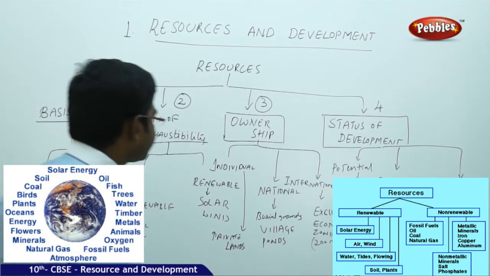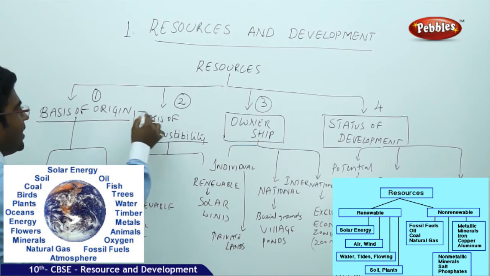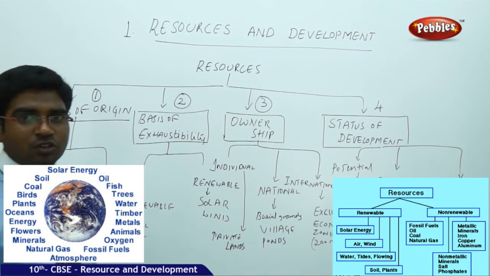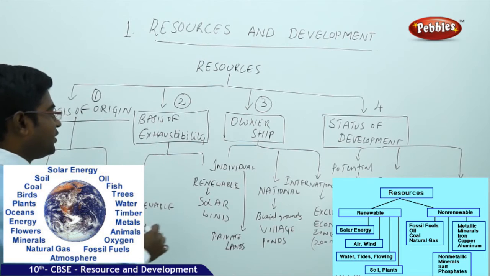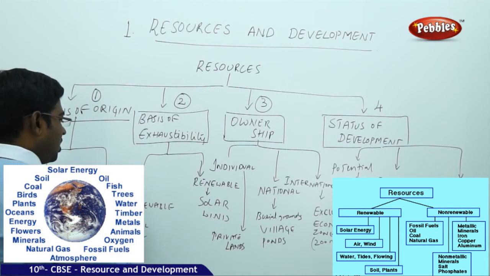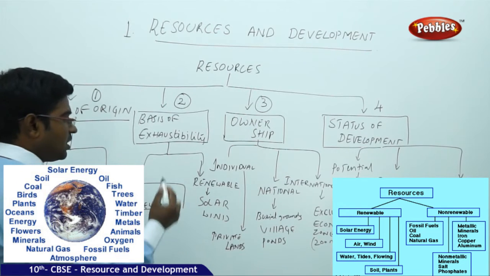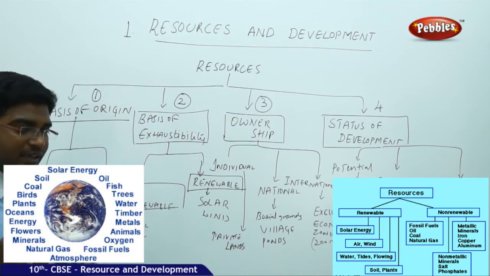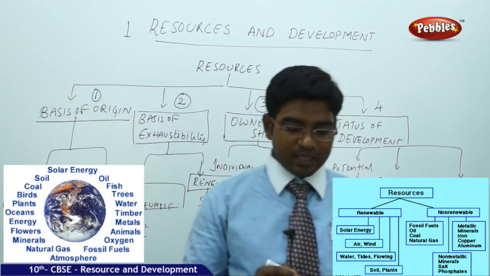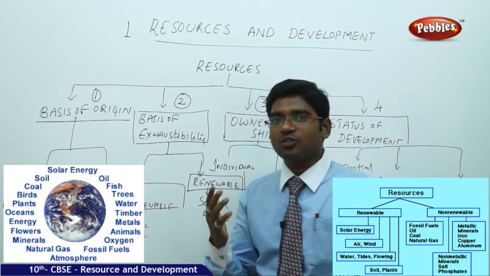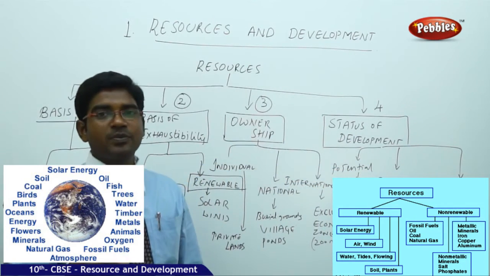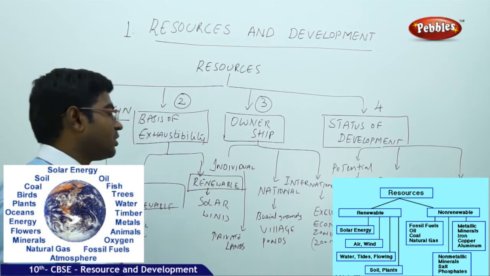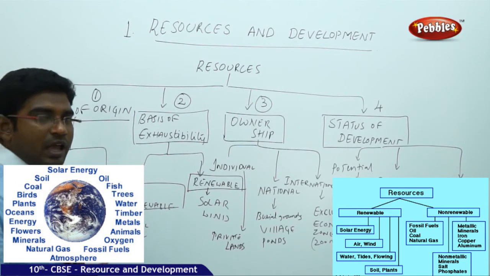Then moving on to the second category of division, that is the basis of exhaustibility. The items, how are they going to get exhausted? Again, it is further divided into non-renewable sources and renewable sources. Exhaustibility is the nature of a resource which makes the resource get exhausted. Once the resource is exhausted, we cannot use it. So for further clarification, it has been divided into non-renewable and renewable sources